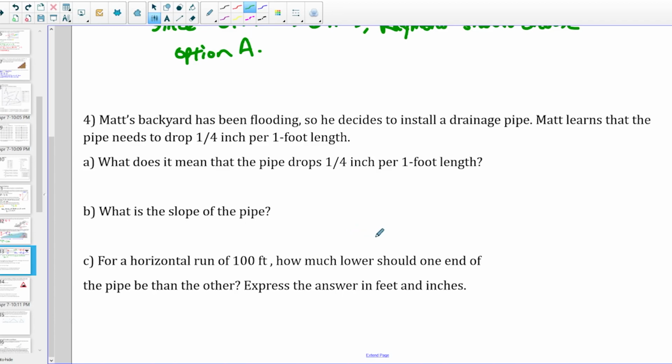Matt's backyard has been flooding, so he decides to install a drainage pipe. Matt learns that the pipe needs to drop 1/4 inch per 1 foot length. So what does that mean, that the pipe drops 1/4 inch per 1 foot length? Well, we already have the answer there, but it's just our job to interpret what that means in a real life context. So it just means that for every